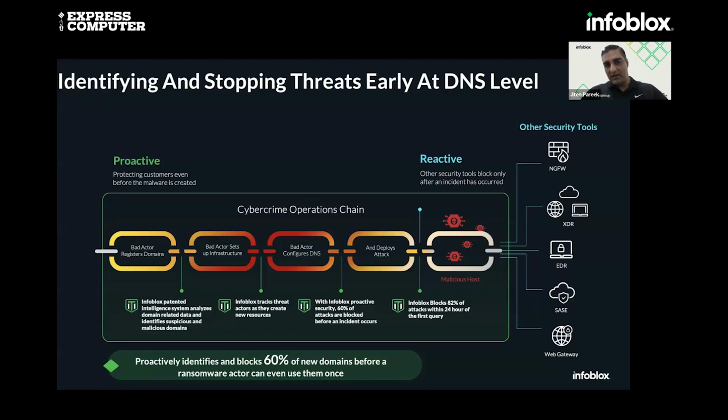So, because DNS plays a critical role, rather than security being reactive, by identifying the threats, if you have DNS security in place, you can better and proactively monitor the threats, and you can adopt a mitigation plan much ahead before any other tool can detect. It can effectively block 60% of the new threats and attacks before any ransomware actor can even use them at once. By sharing those threat intel data,